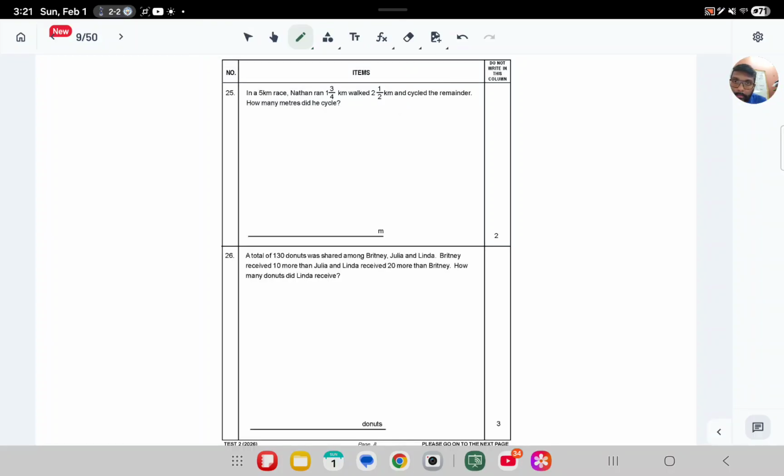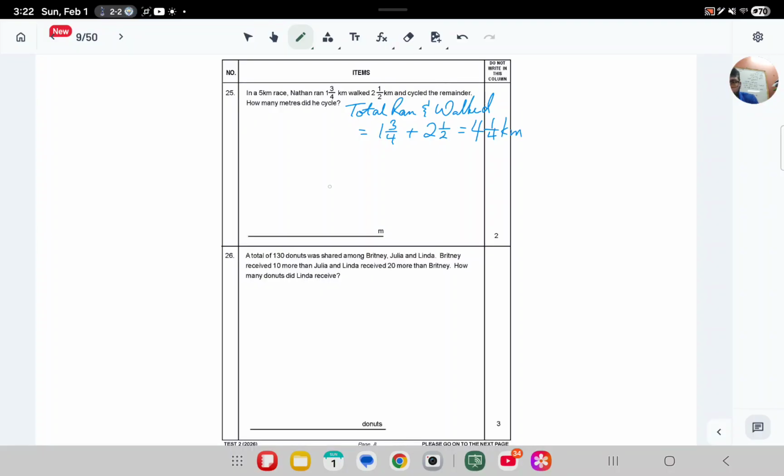Nathan ran 1 3/4 kilometers, walked 2 1/2 kilometers, and cycled the remainder. How many meters did he cycle? So very simple. All we need to do is from the total, which is 5 kilometers, we need to take away the sum of the distance that he ran and walked. So the total ran and walked would be 1 3/4 add 2 and 1/2. That should give us 4 and 1/4